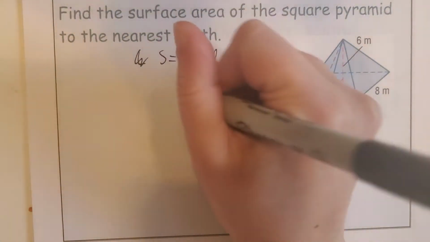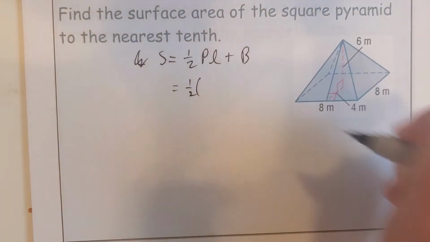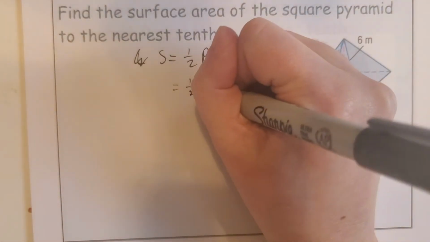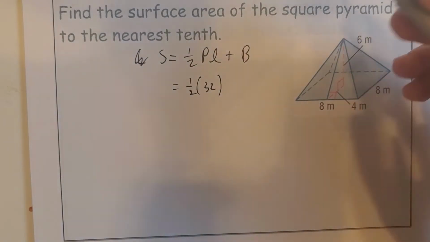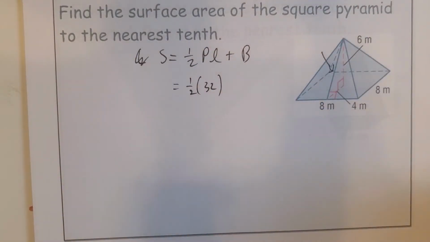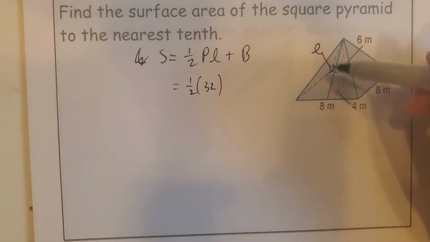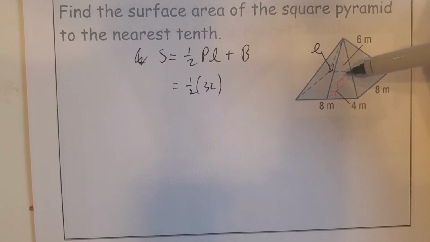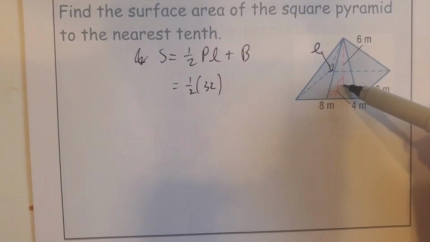So this is 1/2. Again, it's a square pyramid, so 8 times 4 is 32. But this right here in blue would be our slant height, which we don't have. What helps though is the rest of the information of the figure. The 6 is the height of the actual pyramid itself, and this 4 connects the base to the height, I